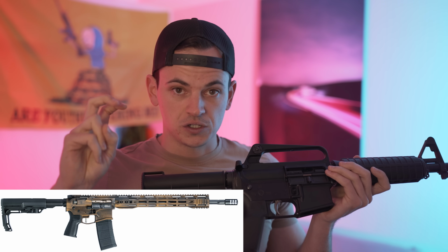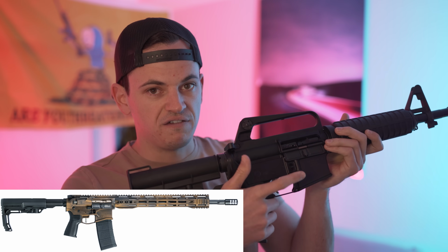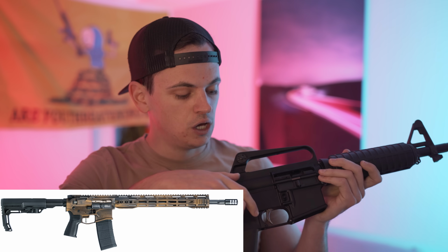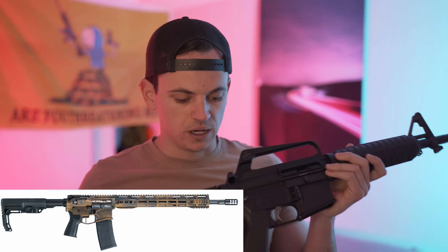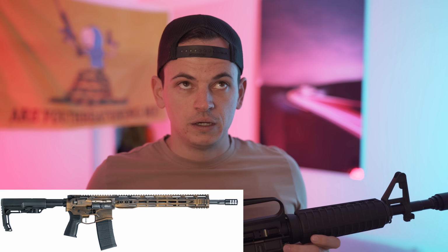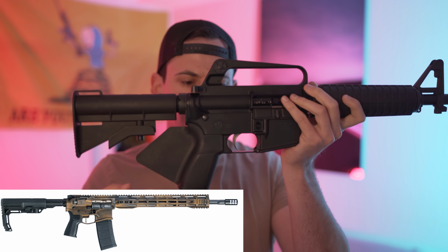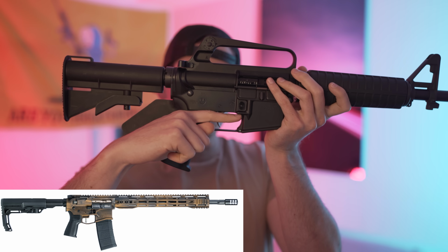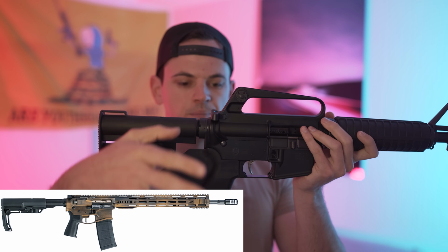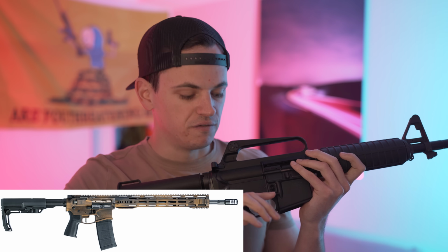One of the features on a rifle is a pistol grip. Many people choose to go the route of a Fin or a Sparrow Dynamics or one of the other companies, including Juggernaut Tactical, who makes a variety of featureless grips. Juggernaut Tactical saw the definition of exposed portion of the trigger when it comes to what defines a pistol grip, and they said, well, maybe if we just drop down the exposed portion of the trigger so that when you grab it, your thumb, while you're grabbing it with the pistol style grasp, is actually above the exposed portion of